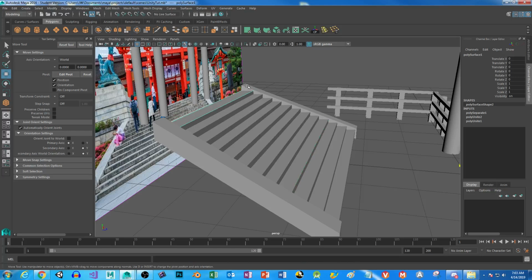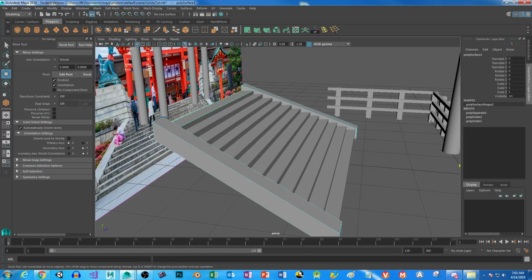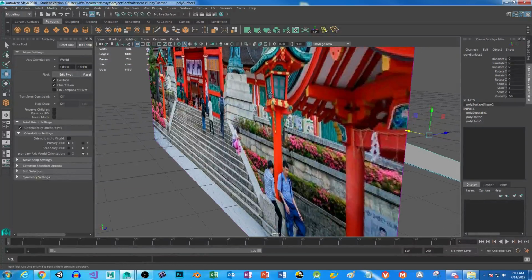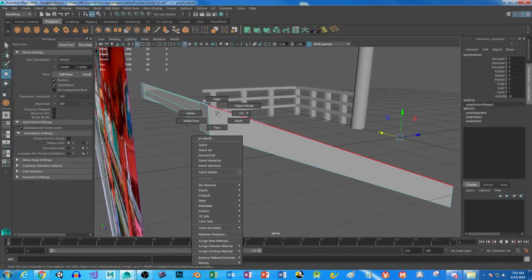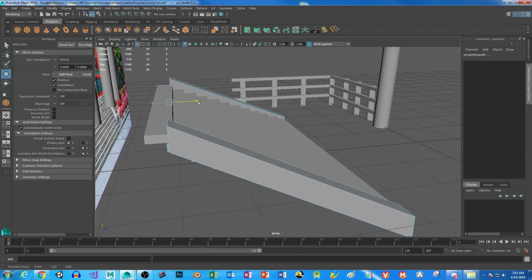So I can either do it by creating another step, which I really don't feel like doing, or I could simply go to Edge, Edge. Why did I click on Edge? I want to go to Face, Face. Because what I want to do is I actually want to bring these forward right about here and bring them down